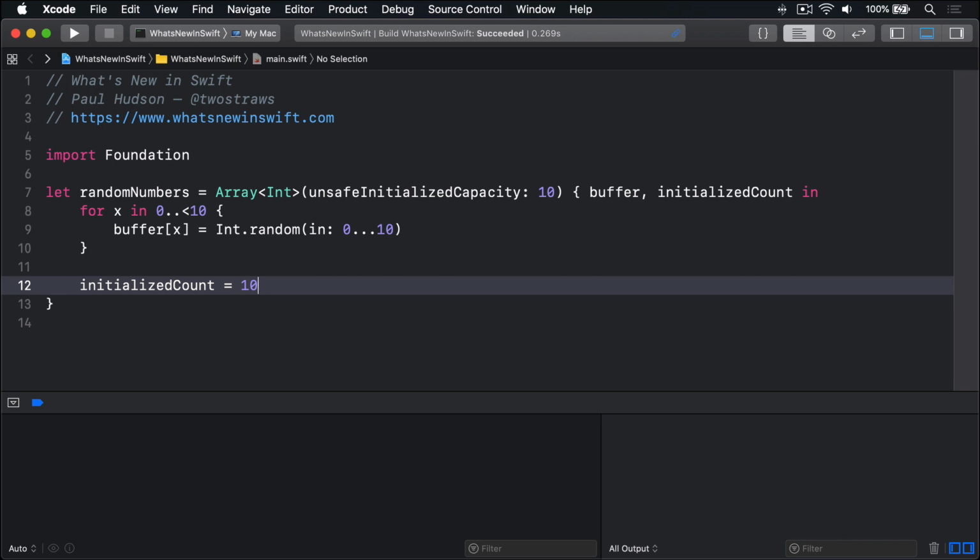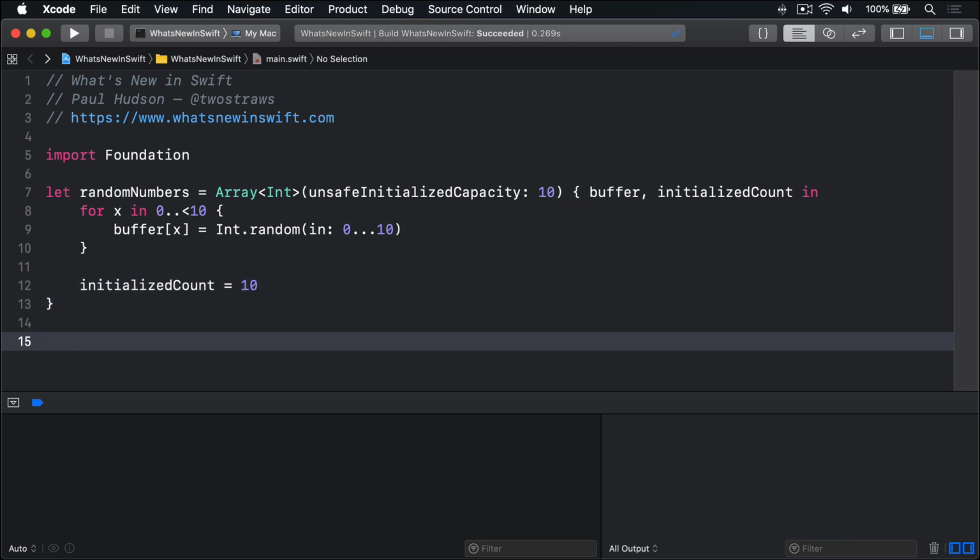Now we could have written our code using map like this. let randomNumbers2 = (0...9).map { _ in Int.random(in: 0...10) }